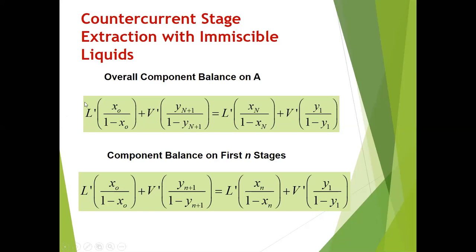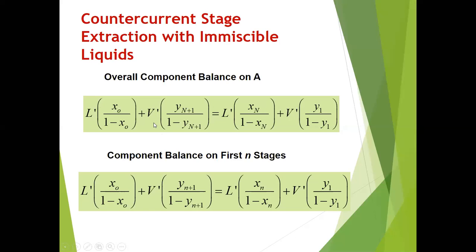Now review, what are inert streams? In the case of the feed, the inert part of the stream is the water, if water is the carrier solvent. In the case of your solvent, your V prime is your water. It's the other components other than water that you need to take away from the total amount of solvent that is being used. So this V prime minimum is your carrier solvent most of the time, which is water.